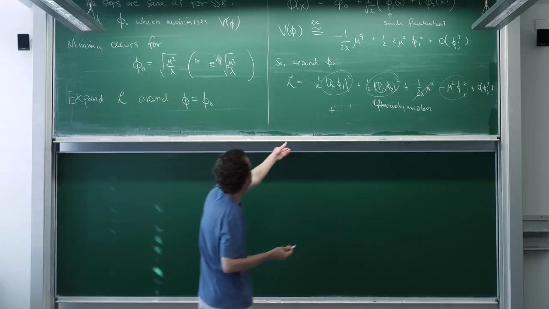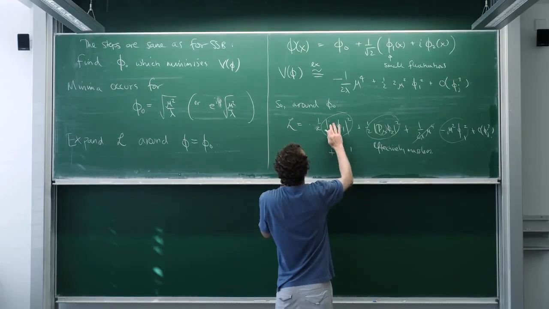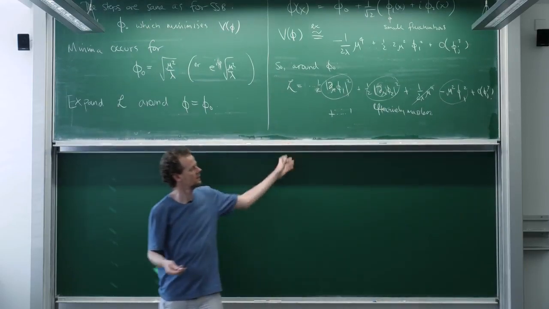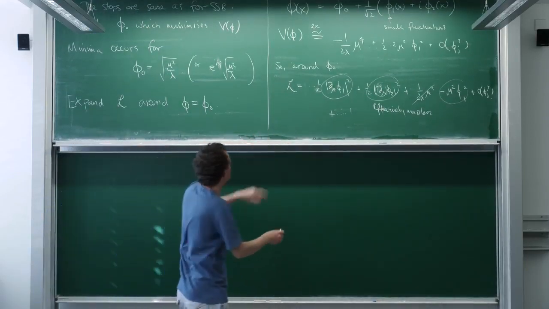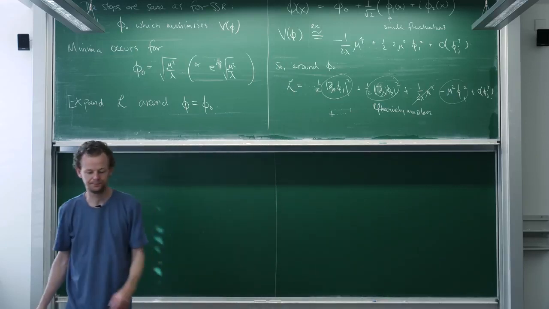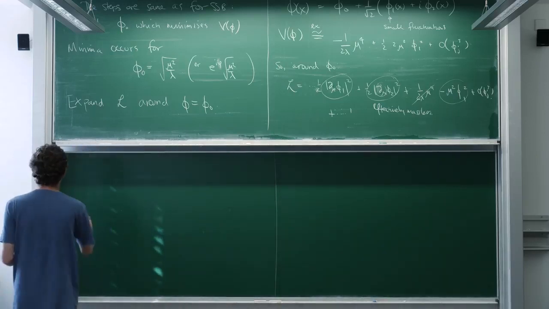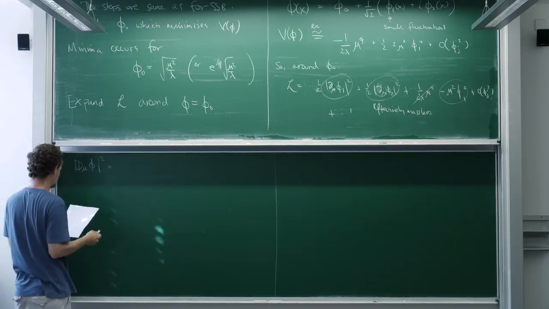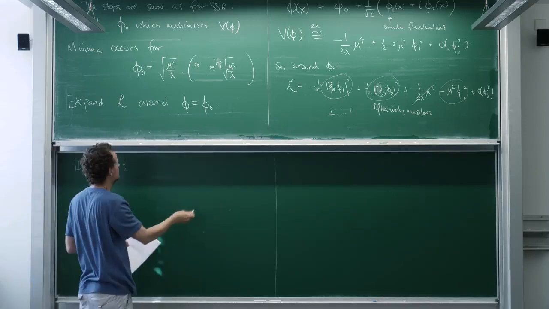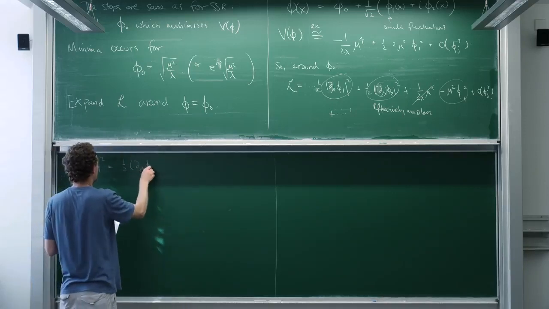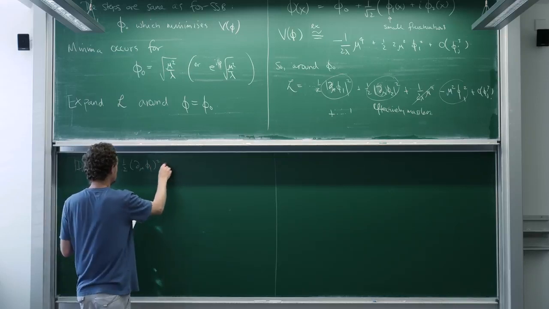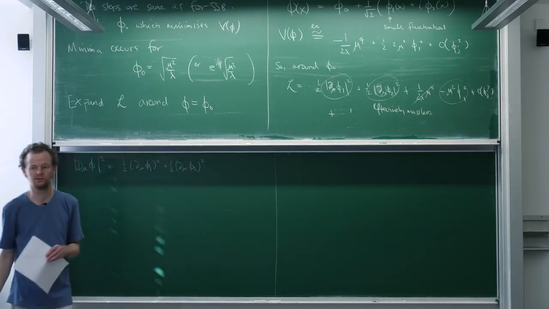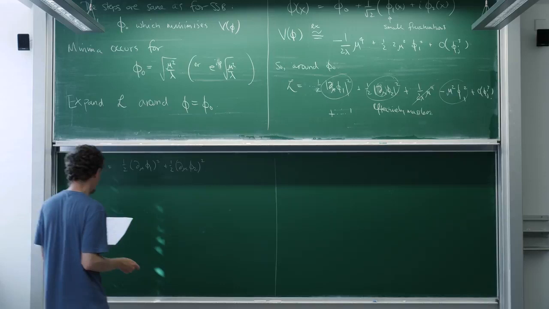Okay, I should have written this not as capital D's, but as partials, because we've got to expand those big D's correctly. So what about the kinetic energy? Let's expand this thing here now. Let's do it properly. Well, as predicted by this thing here, we're going to get one half d mu phi 1 squared plus a half d mu phi 2 squared. So this is good old-fashioned kinetic energy for these fluctuations.